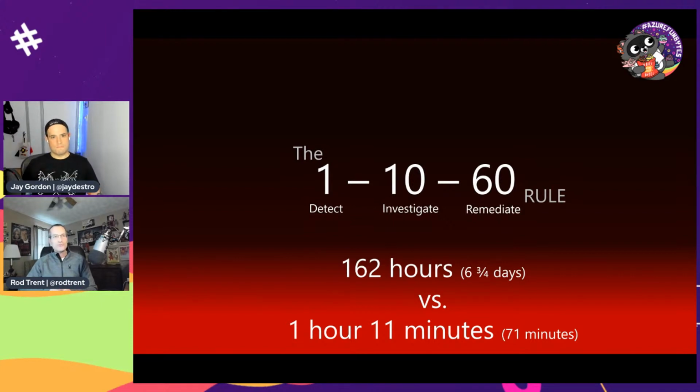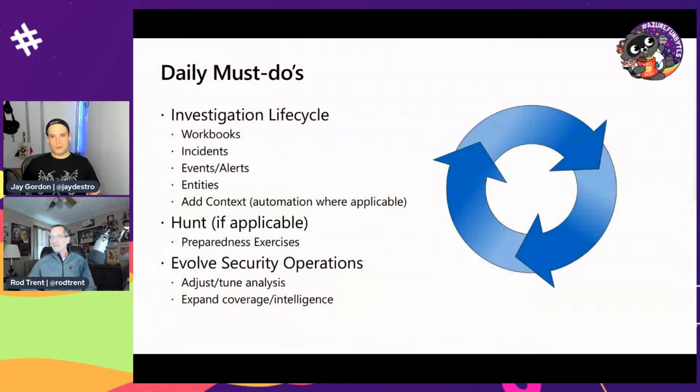Tells me that the tools actually have created the problem. It tells me that our tools themselves have become the actual blockers to our security, right? The cure being worse than the actual disease itself, if you will. You're with me? That's awesome. All right. So if I take a step back and review operations from an analyst perspective, put myself